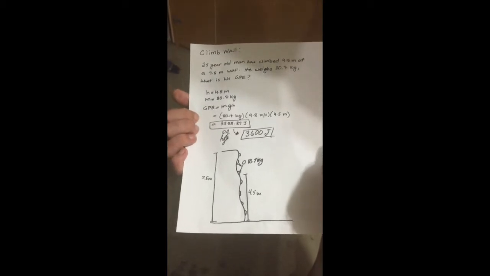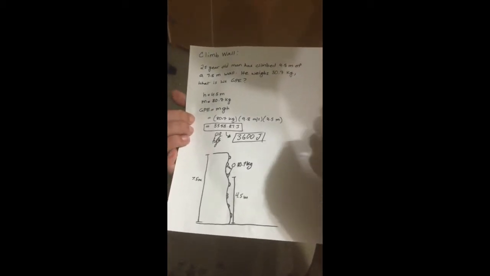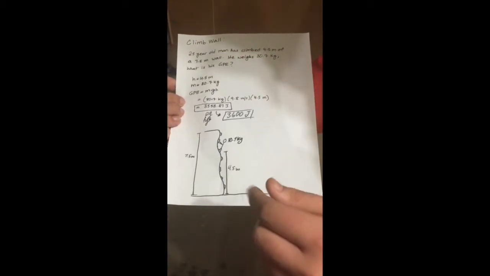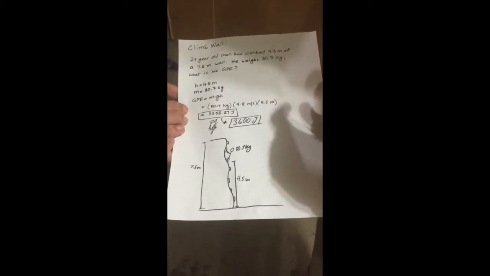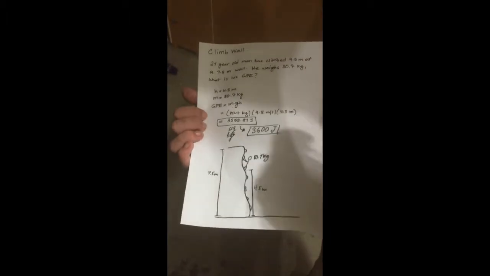Well, we can solve for GPE given that the acceleration of gravity is 9.8 meters per second, his mass is 80.7 kilograms, and that he's 4.5 meters up the rock wall, giving us a correct answer of 3,600 joules, incorrect sig figs. Elastic potential energy is the amount of energy stored in an object as a result of it being